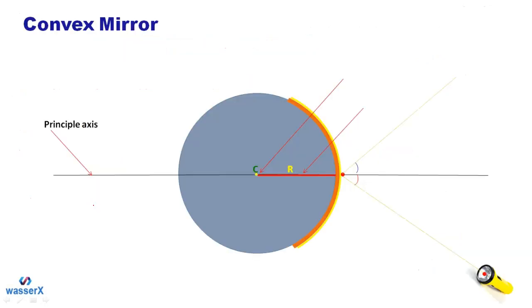Okay, so here you have the convex mirror, students. Now you have the second one, we'll discuss the convex mirror. It has the same property. As you can see, this is the reflecting surface, the outward yellow one here, and when any ray falls on it, it is going to reflect back by making an equal angle, obeying the law of reflection, which is angle I is equal to angle R.